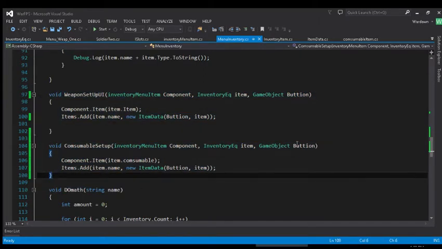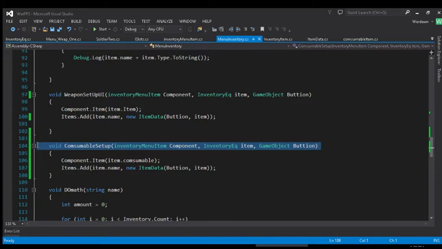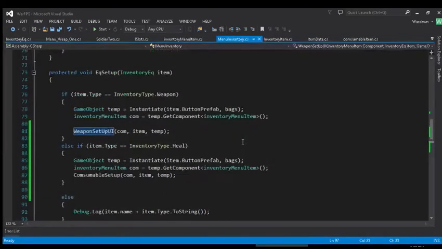Even if they've got the same signature, just call them this, and it will make your coding life a lot easier later on, because you'll already be like, hey, this is for consumable, so I go to the consumable setup. This is for a weapon, then I go to the weapon setup. Sometimes it's one of those sanity things. And in equipment setup,